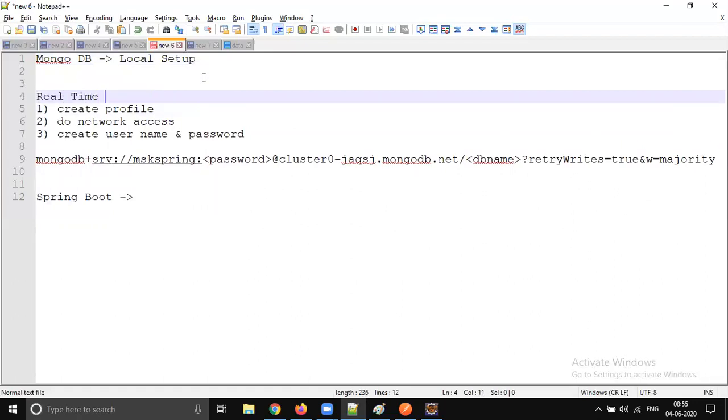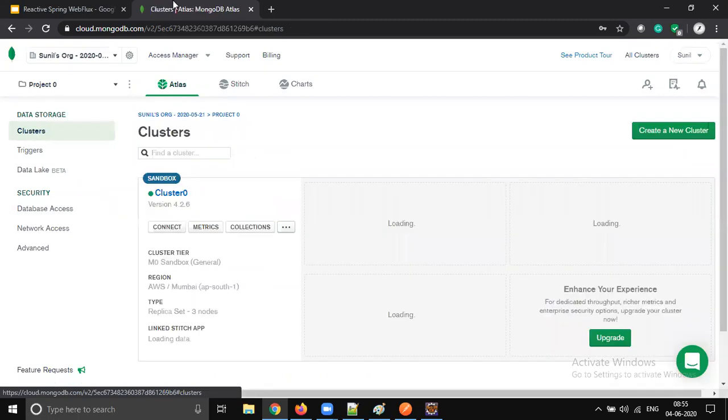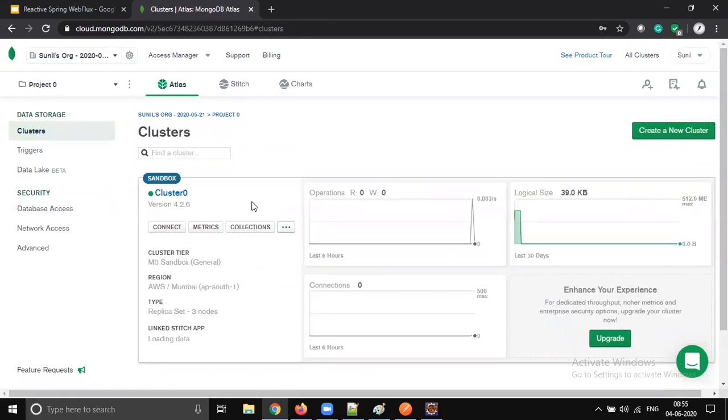So we created some cluster and node. Whatever we did is very basic. It's just like real time, but in real time the database will be more powerful, because they don't go with the free tier, right? Mostly they pay money, get some security installed, and create a more powerful database.